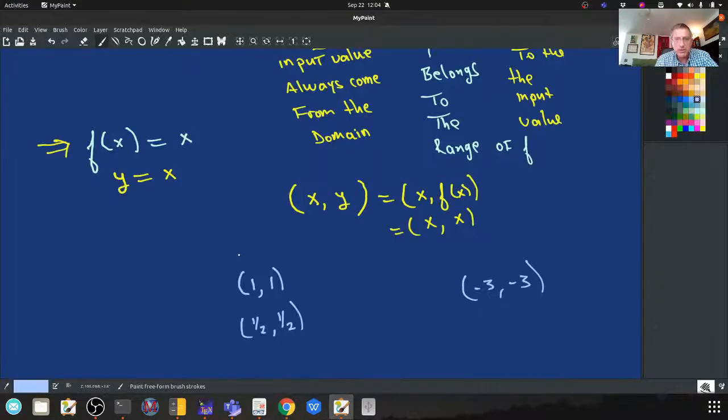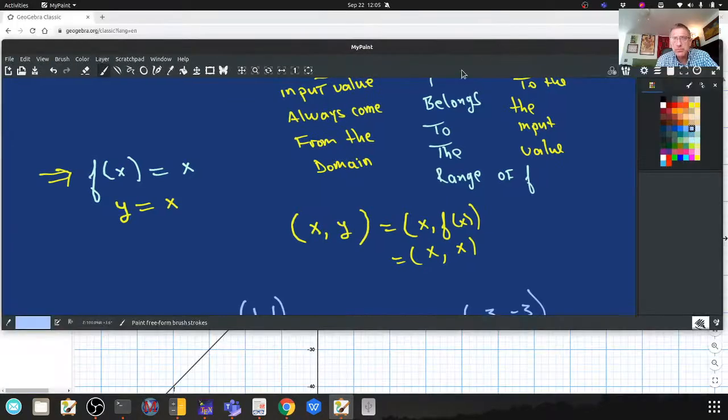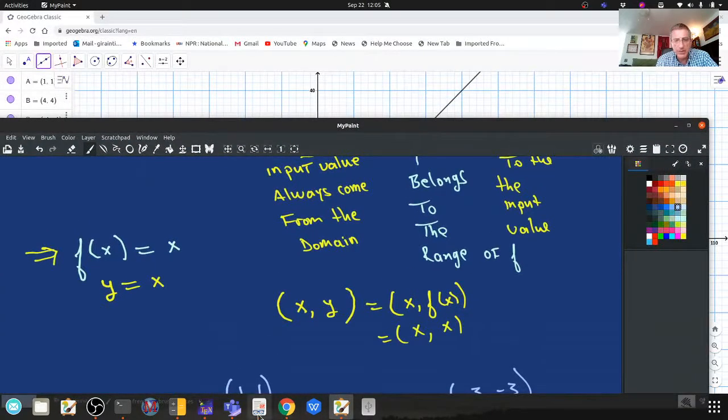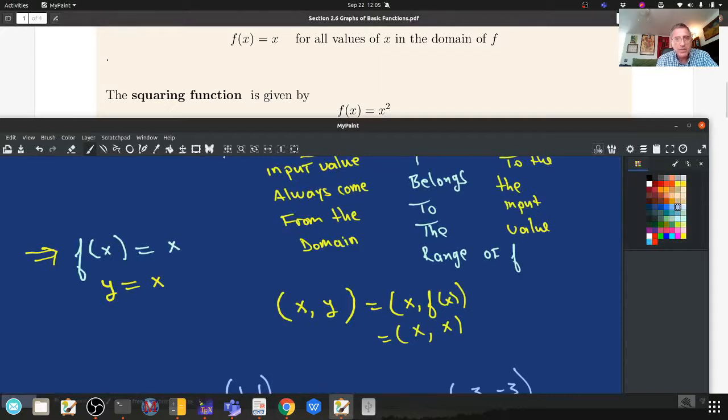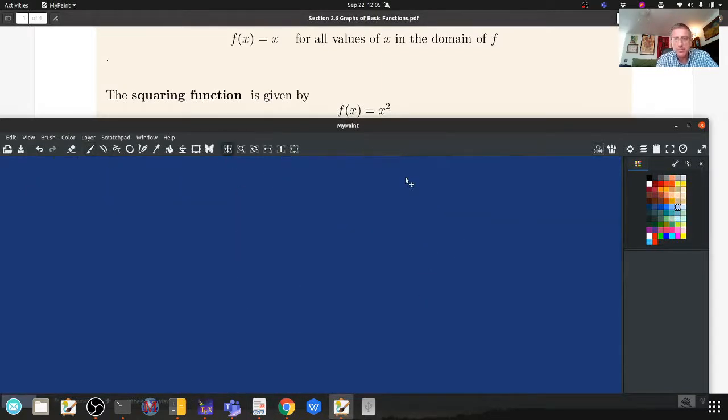So let's look at some more functions. All of these basic graphs of functions you should know. So the squaring function is given by f of x is equal to x squared. So what would the graph of the squaring function look like? Now, what I want you to do is to try to graph these at first just using a table of values, because pretty soon you're going to have to use a table of values. So in this case, what we want to graph is f of x